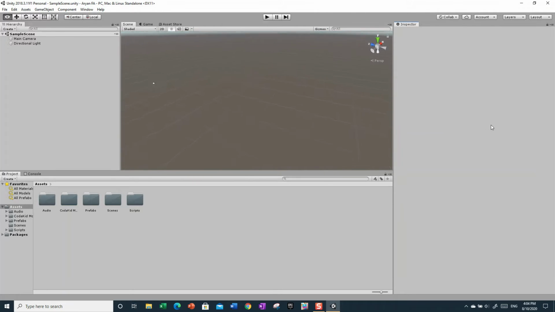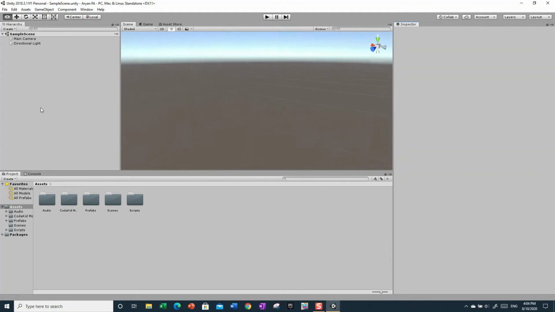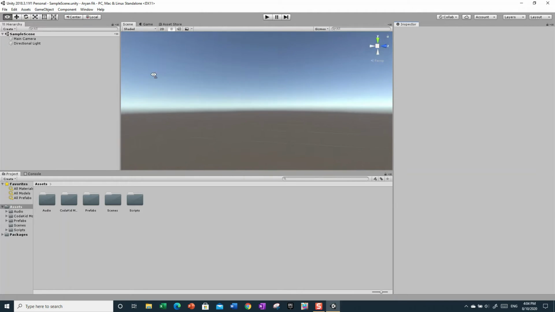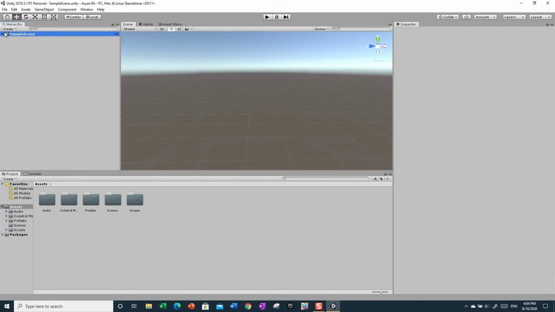Okay, so now as you can see, I'm quite lost. I forgot where the sun and the camera were. I do not know where they went at all. I'm quite lost right now, because we want to be at the sun and the camera. So in the hierarchy, as you can see right there,